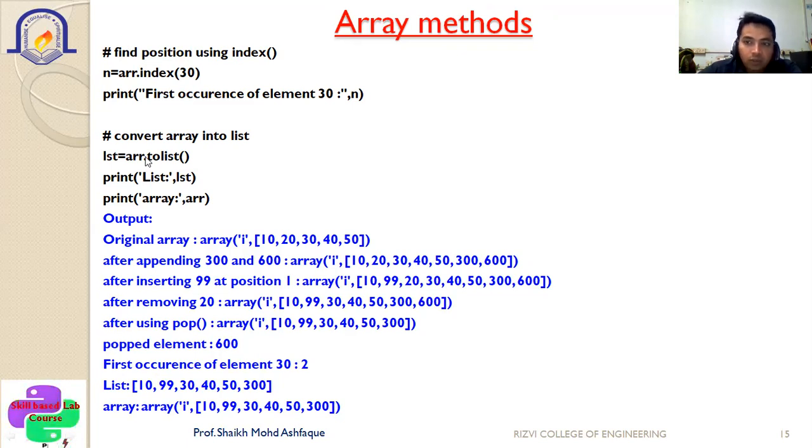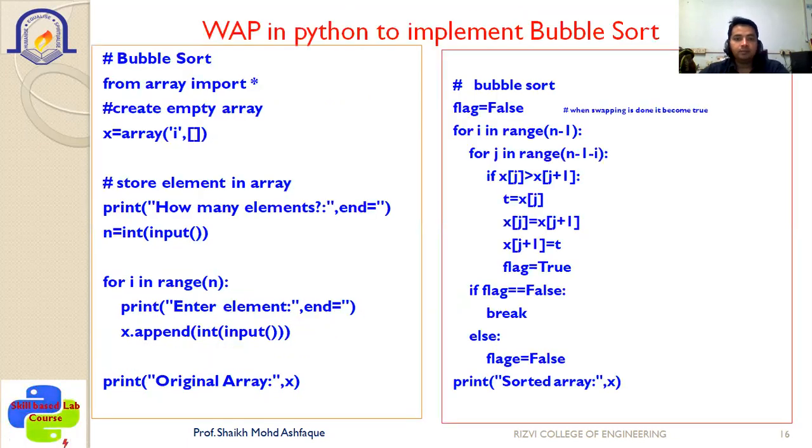Then if you want to convert an array into a list, for that purpose the tolist method is available, but you have to use it along with the reference of your array name. So here you are using lst = ARR.tolist(). It will convert it into a list. You can see here, print lst and print array, both. The list will be printed like a list, and the array will be printed like an array. Once again, here you write type(lst), and you will see that this is a list. If you write type(ARR), at that time you are going to see the array. In this way, all the methods which are available, you can utilize them.